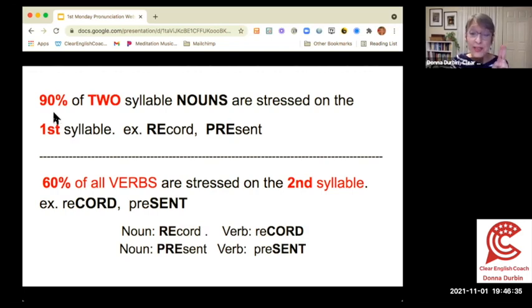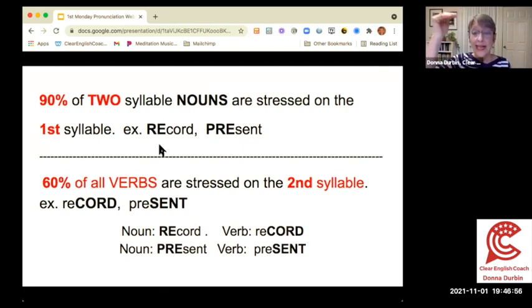So 90%, English has lots of exceptions, but this is important. 90% of our two-syllable nouns are stressed on the first syllable. 60% of all our verbs are stressed on the second syllable. There are exceptions. So we have record,